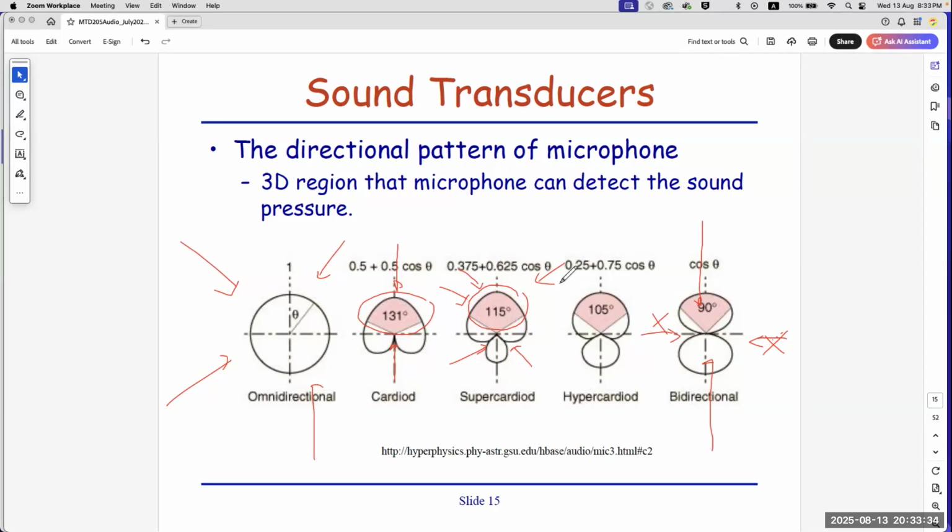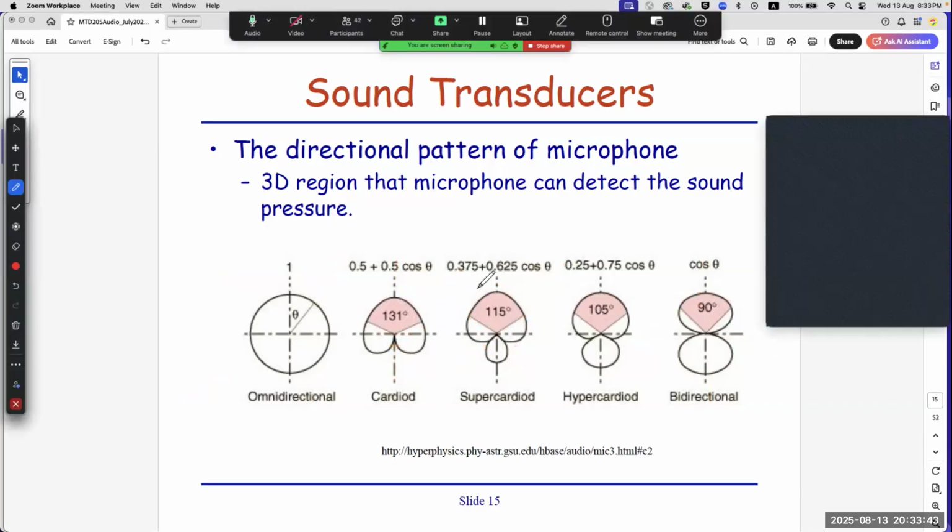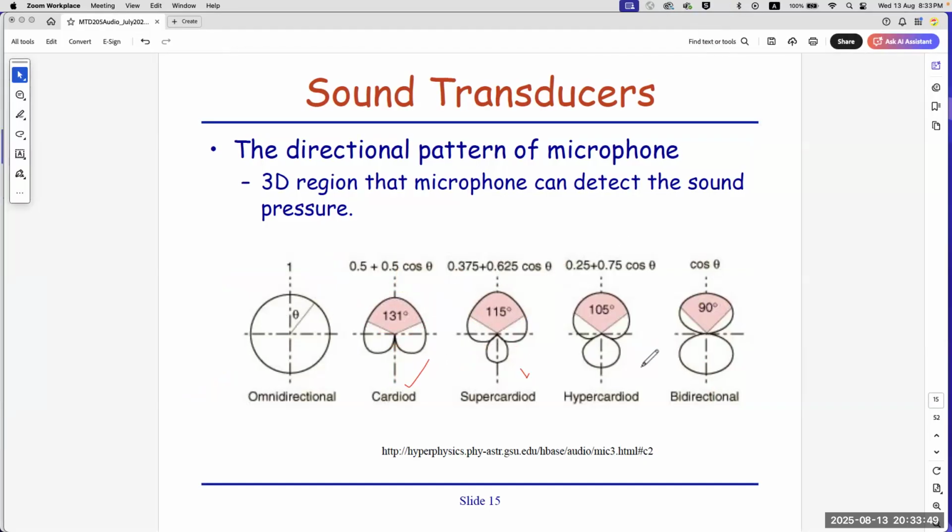Is there a way to remember the difference between cardioid and the others? I believe for your online quiz, there's no need to memorize, it's not a closed book. The online quiz uses a computer, right? So there's no need to memorize at all. The way to remember cardioid, supercardioid, and hypercardioid is that cardioid itself has a bigger angle. Then as you go to super and hyper, think of hypertension, which you treat as high blood pressure. If you want to relate it to a human, maybe this is a normal pressure, this is super, then this is hyper pressure.